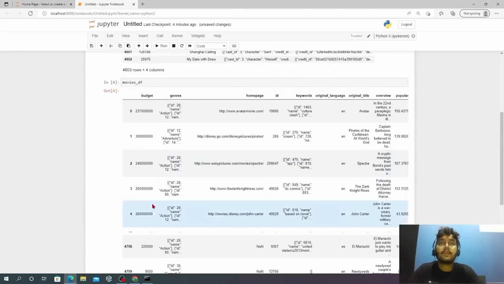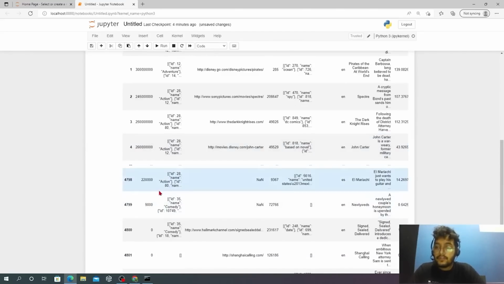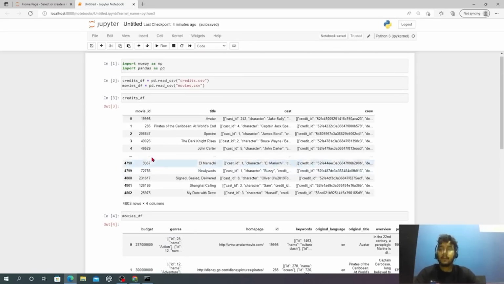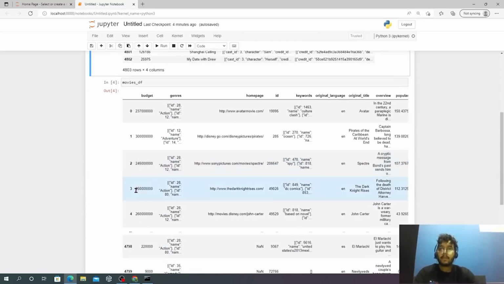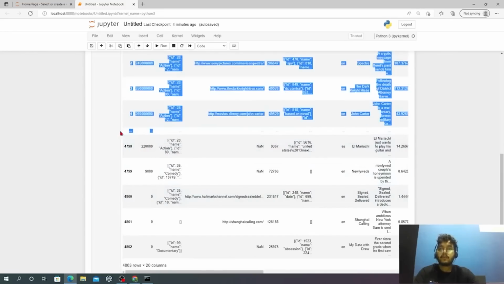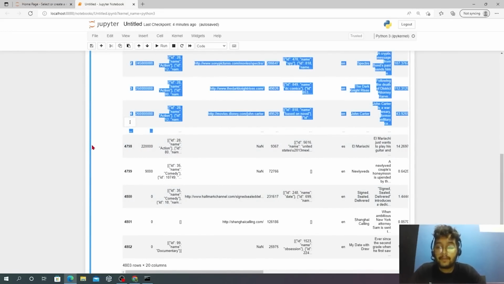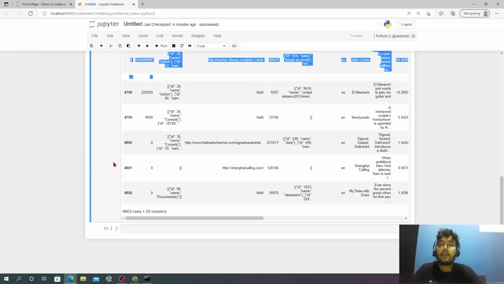So this is our movie dataset. This is how our board dataset looks. Here you can see three dots, this one, and here also this one. So we are unable to see our full dataset. What if we want the full 4803 rows? In that case, we can write here